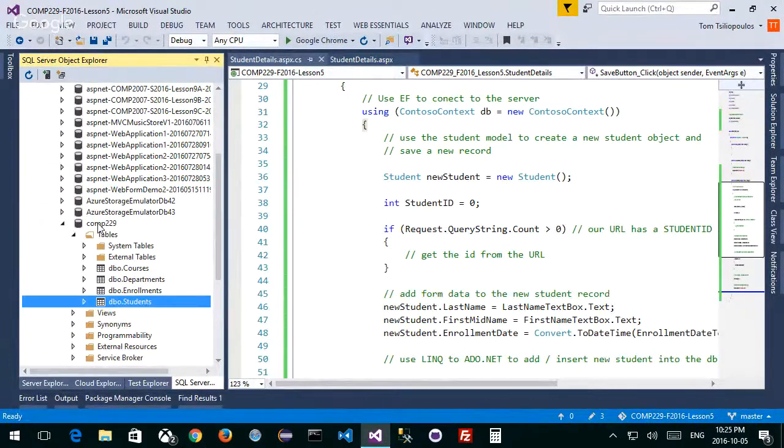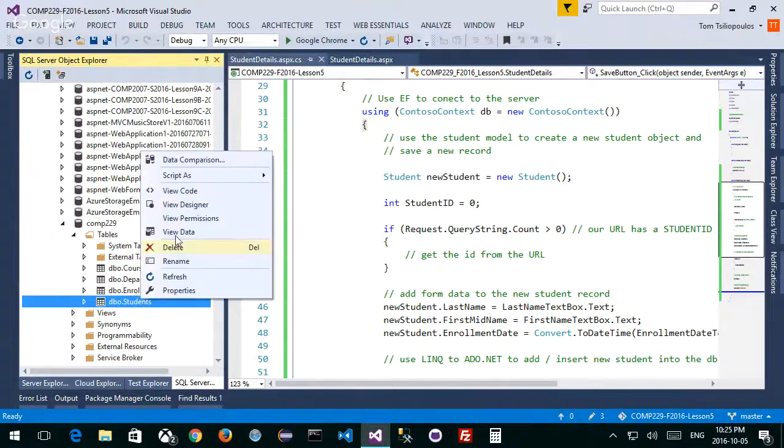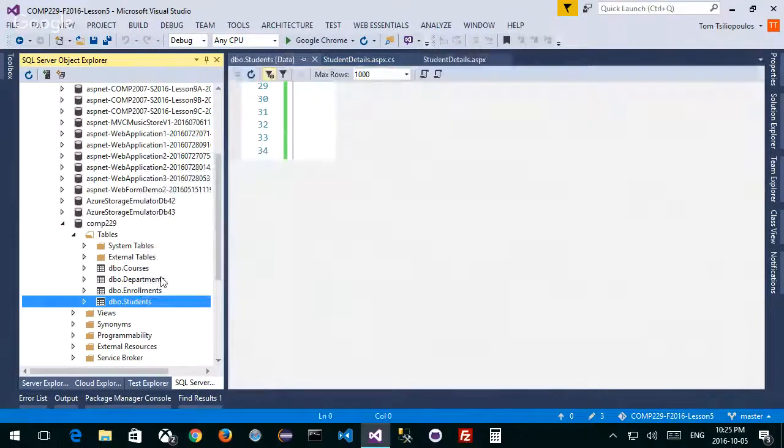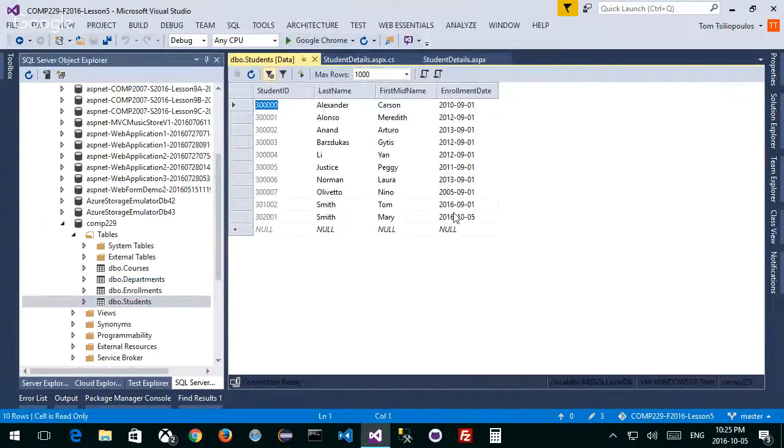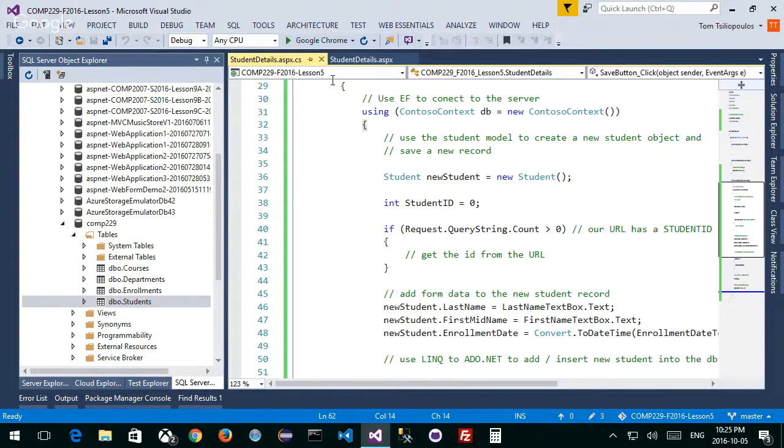So if I go to my student table and I go view data, you can see now that I have Mary Smith, here's the date, and Tom Smith, right? Both Mary Smith and Tom Smith are there. This is why I do it. And I recommend you try the operation and check your data right away. Does it work? Because if it didn't, maybe the table did something weird, but the data didn't persist, right?